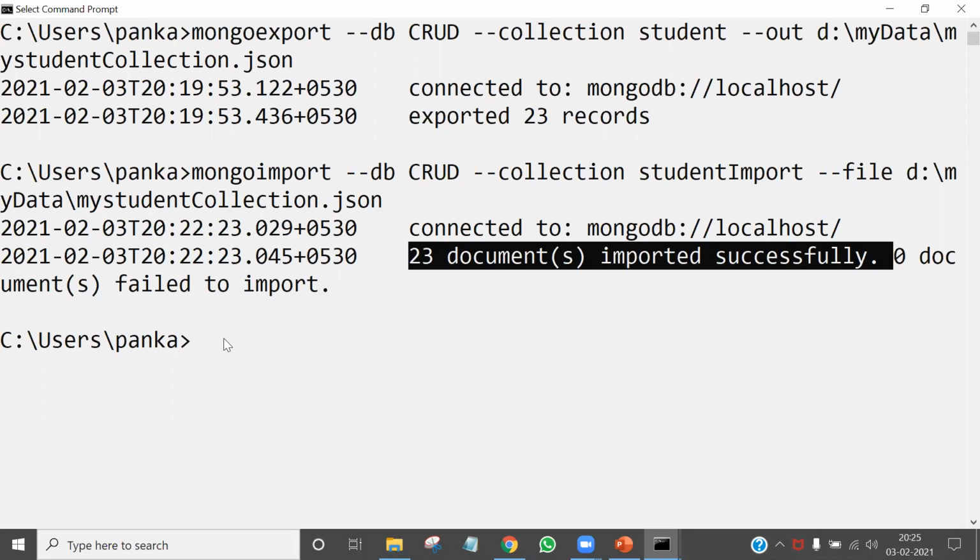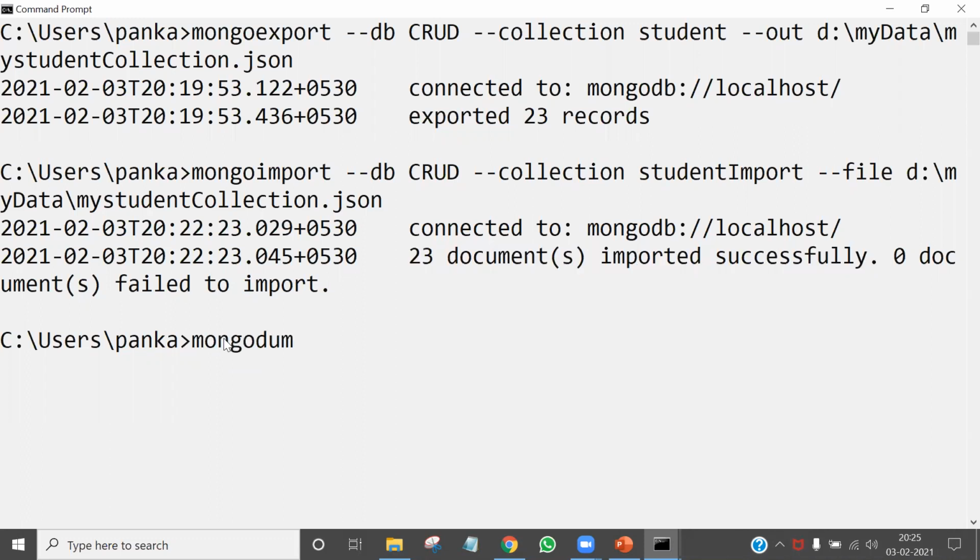So I'm writing mongodump. Mongo dump will create the dump of every database. If you want to specify a particular location, you can give that. Like, I want mongodump at a specified location, like in C, I want to create a folder called backup.